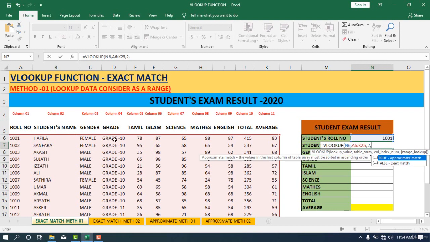We need approximate match or exact match. We need exact match. Exact match means exactly what we see in the cell will be retrieved here. So I'm going to choose the exact match. Then I'm going to close the bracket, and just enter, and the student name will appear here,